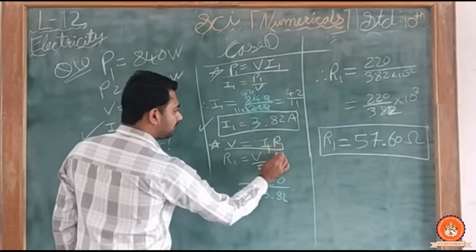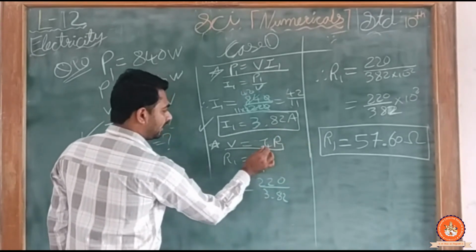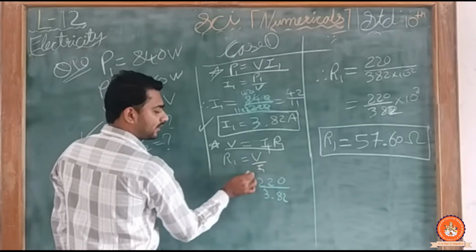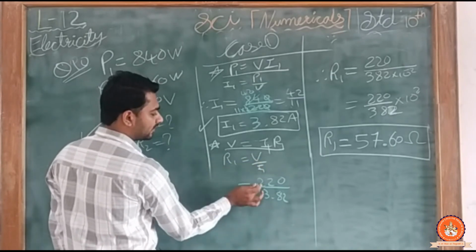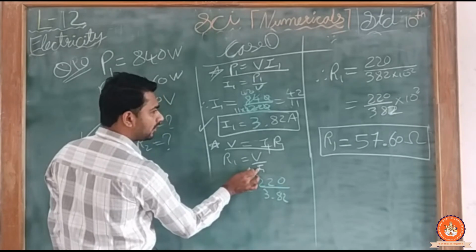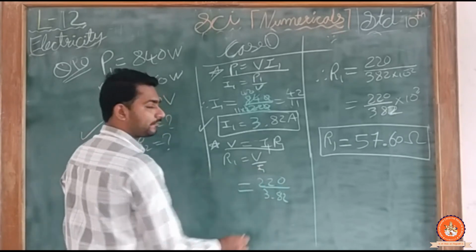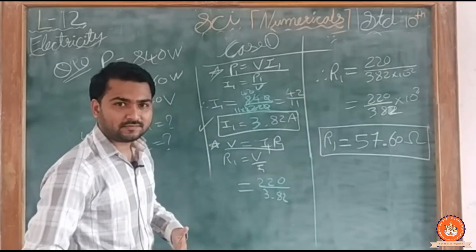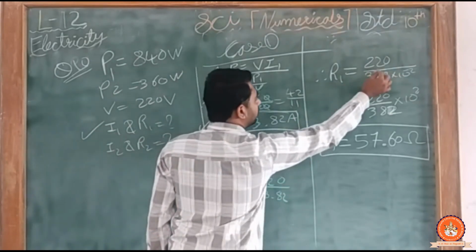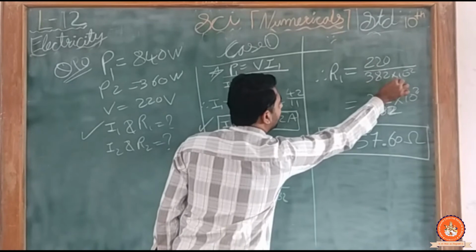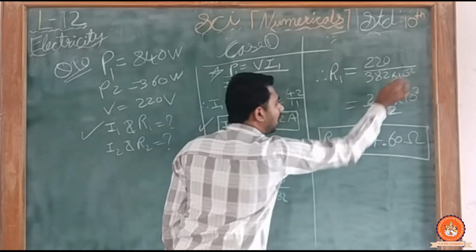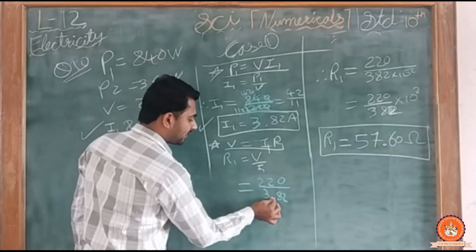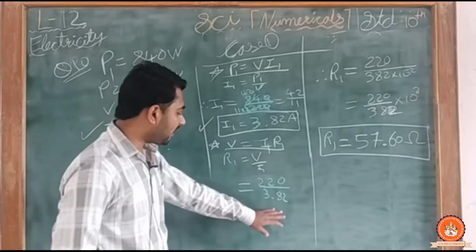I make R1 the subject, so R1 is equal to V by I1, placing the value of V, that is 220, divided by the value of I1, that is 3.82. Now further expanding this, 220 divided by 382 multiplied by 10 raised to minus 2. How did the 10 raised to minus 2 come? I already told you,